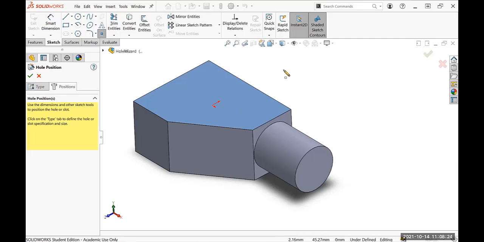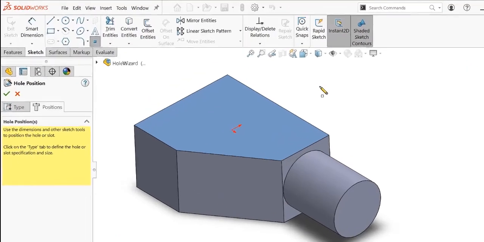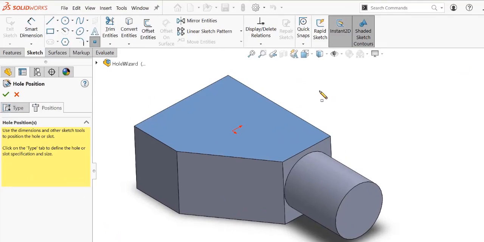And my cursor now has this pencil shape as in sketch, but underneath that there's a small square icon, which is a point. So now the sketch point tool is automatically activated. So what you're doing is actually adding a sketch point on this sketching plane, which is the top surface, top face. So I'm just going to click in here, okay,